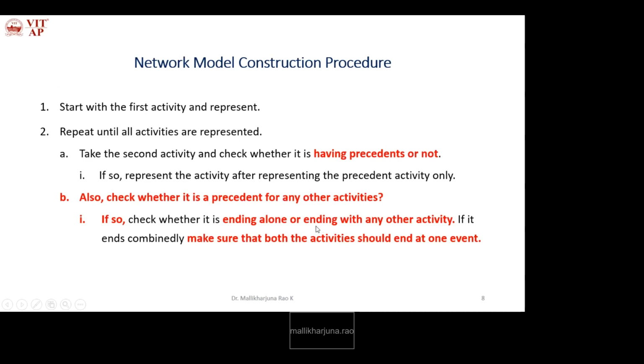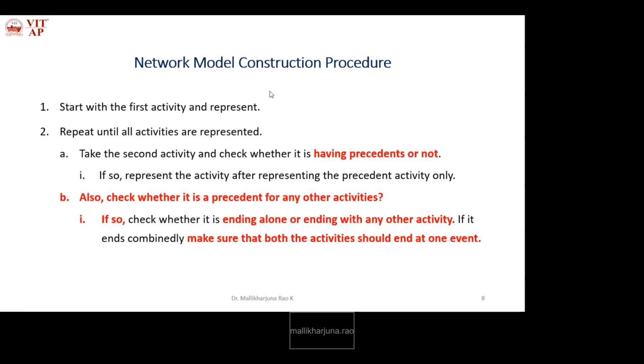If it ends alone, we can represent it directly. There is no issue. If it ends along with any other activity, that is, combinedly, we need to make sure that both the activities end at one event. So when it is ending along with any other activity, we have to ensure that both the activities are ending at one event. Like this, we repeat the procedure and construct a network model to calculate the critical path and